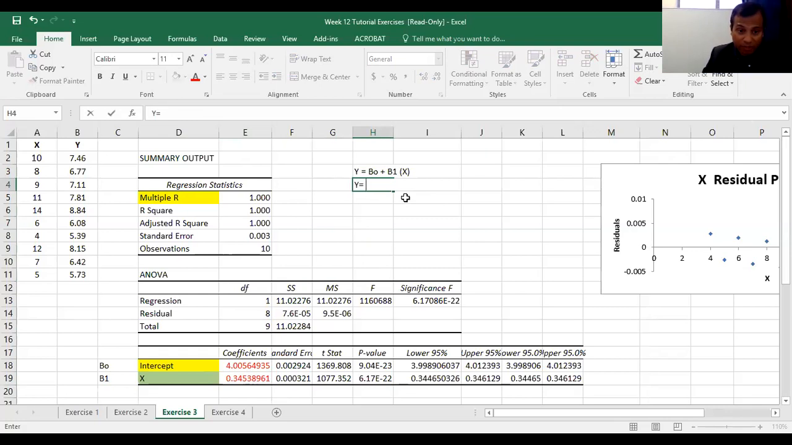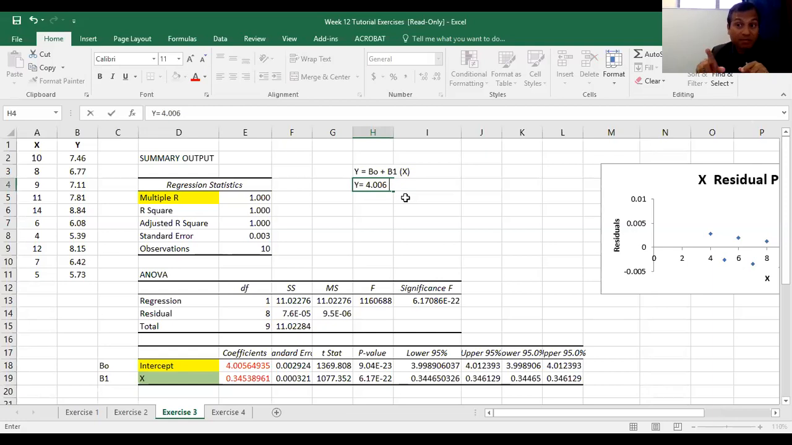So B0 we got 4 point. If there are more, try to make it 2 decimal or 3 decimal maximum. So 4.0056, we can make it 4.006. 2 to 3. Make sense? Yeah, that is B0 plus, since over here you see the coefficient of x